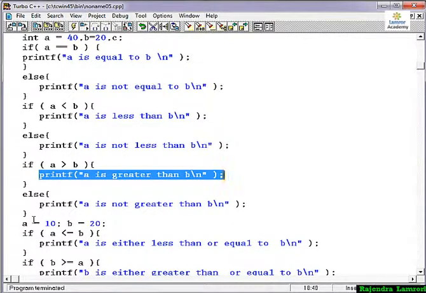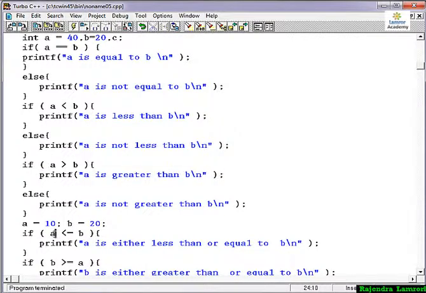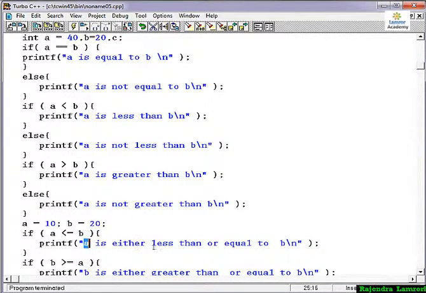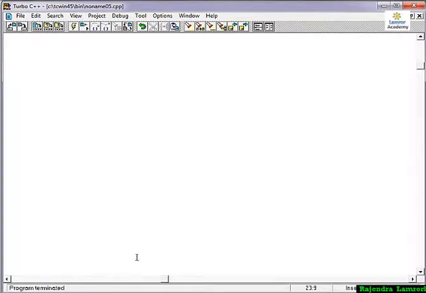Okay, third, now I am checking two different variables. A is 20 and b is 40, meaning a is smaller than b. So here I am comparing a is less than or equal to b. So a is either less than or equal to b, its condition is true, so we print a is less than or equal to b. Okay, third I have taken b is greater than or equal to a. This condition will be true also because b is 40, which is greater than 20, so it will show b is greater than or equal to a.